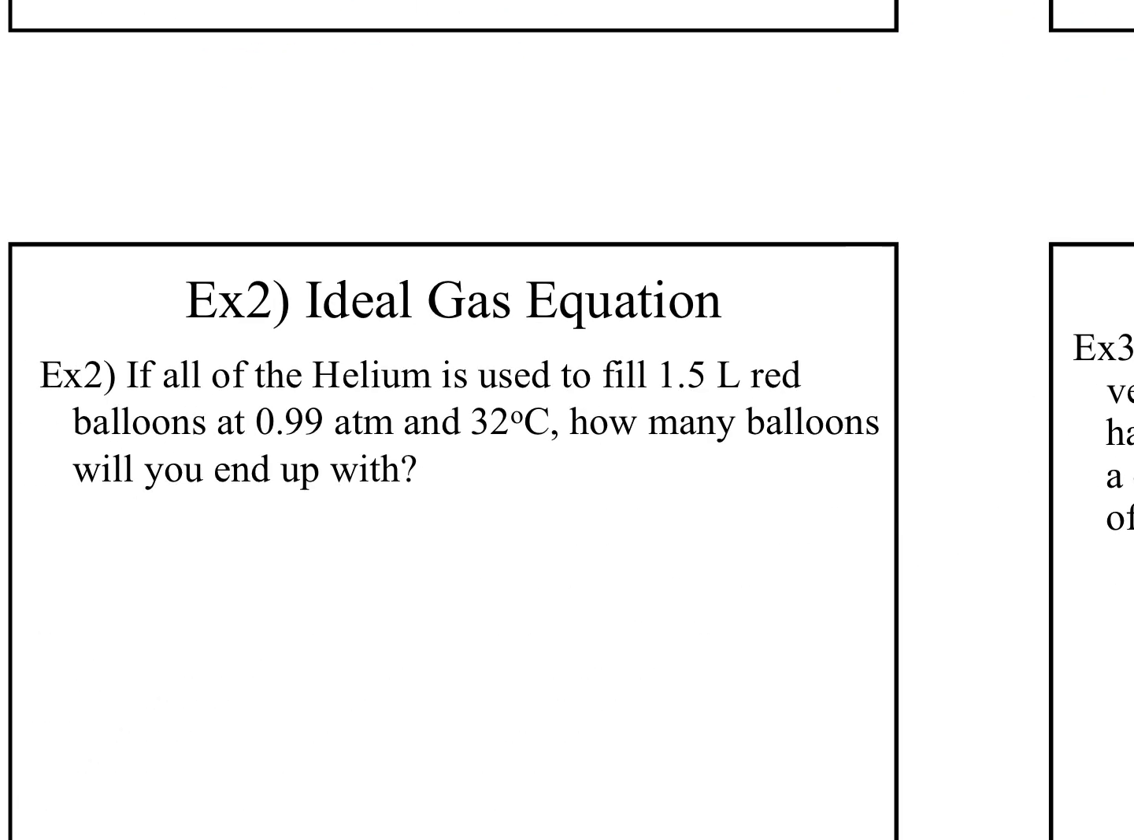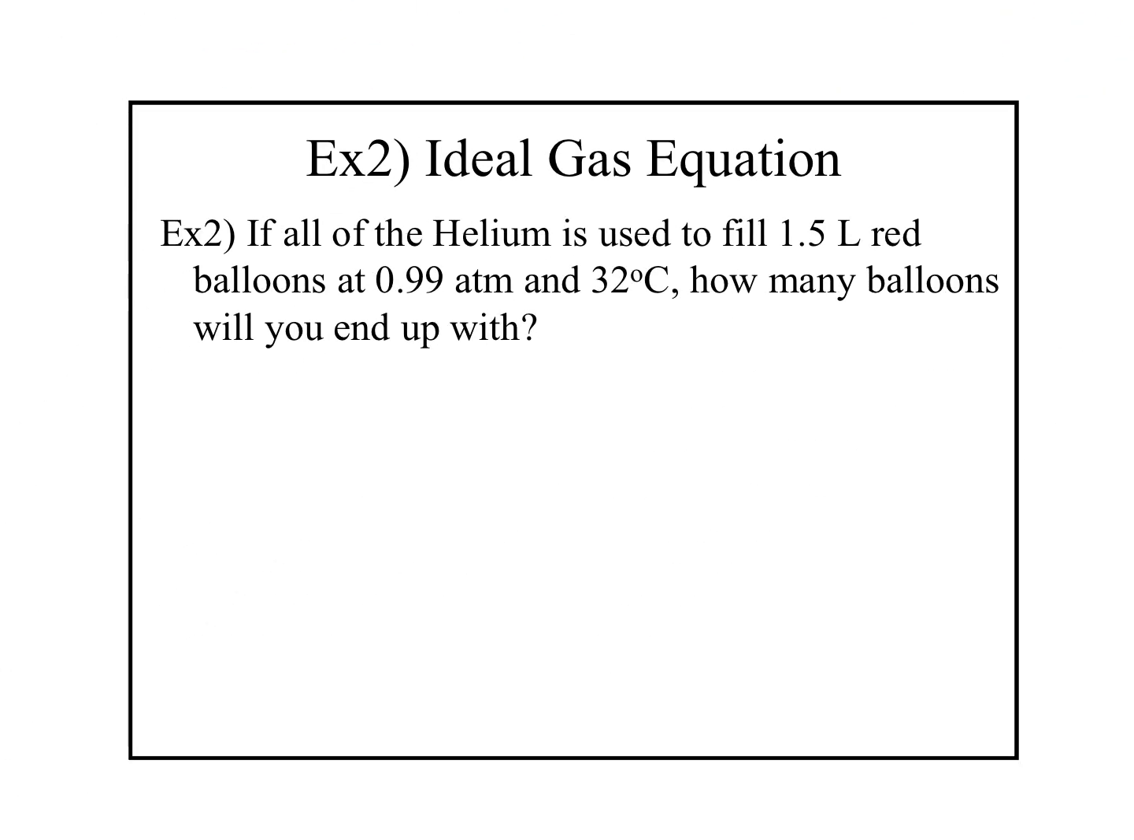All right, next problem. This is kind of going to tag on to the problem that we just did. If all of the helium is used to fill 1.5 liter red balloons at 0.99 atmospheres and 32 degrees Celsius, how many balloons will you end up with? So this time we're looking for volume, and then we're going to figure out from there how many red balloons we can fill up. So if your equation is PV equals nRT again,